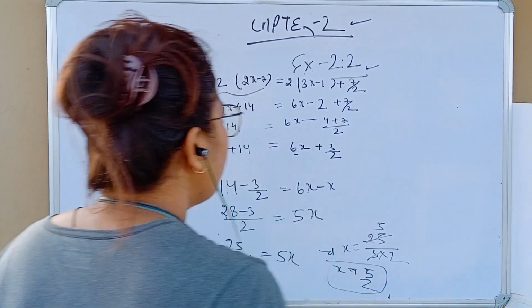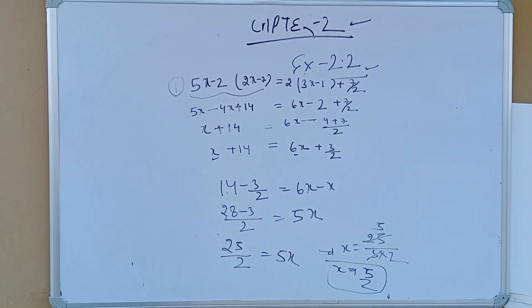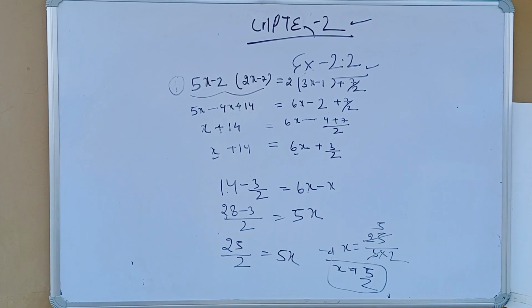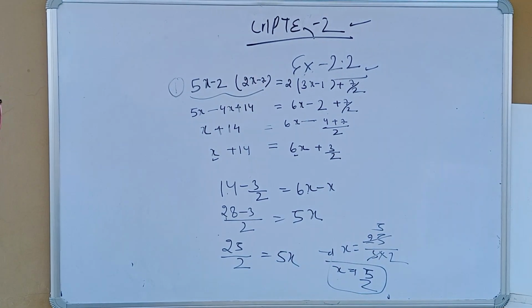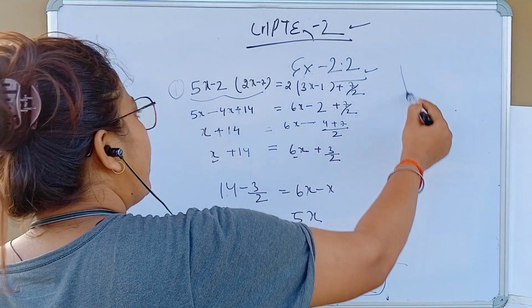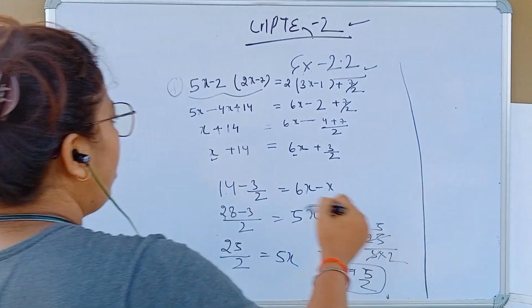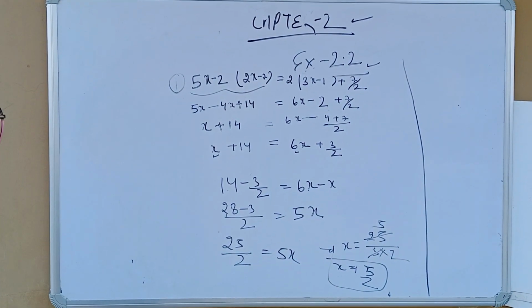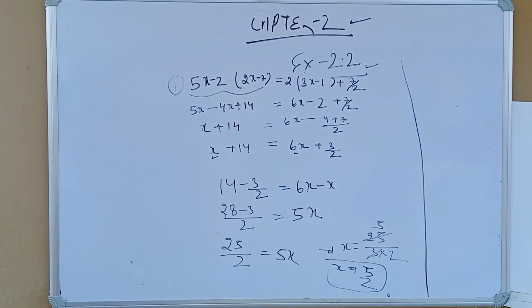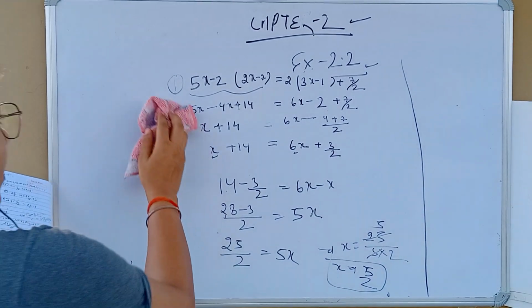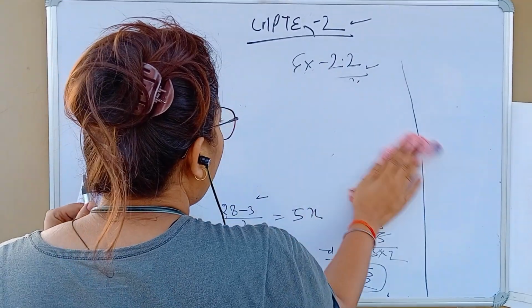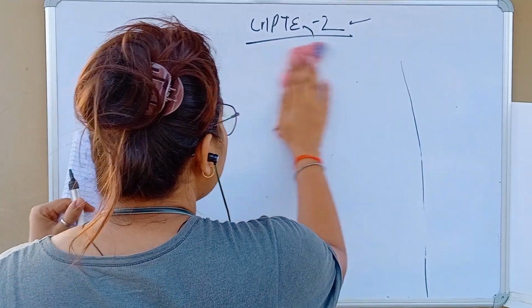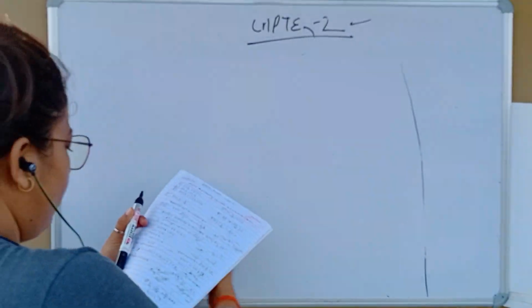Okay. You retain in your copy first. X is equals to 5 by 2. So now what we do? Check the value, x is equals to 5 by 2 or not. So what we retain? Now check the value at x is equals to 5 by 2. Next question I move also.